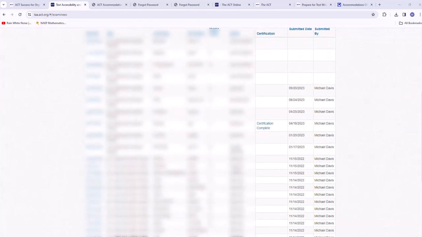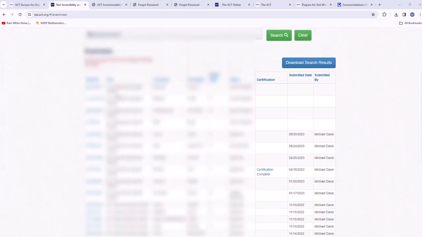Like see right here, one of them says partially approved. You have to give the decision notification to the student. Then you have your national and special testing that some students request accommodations for. Notice it says action required, that you have to go through as well. So all of you should be in here right now, so you may see some action required.